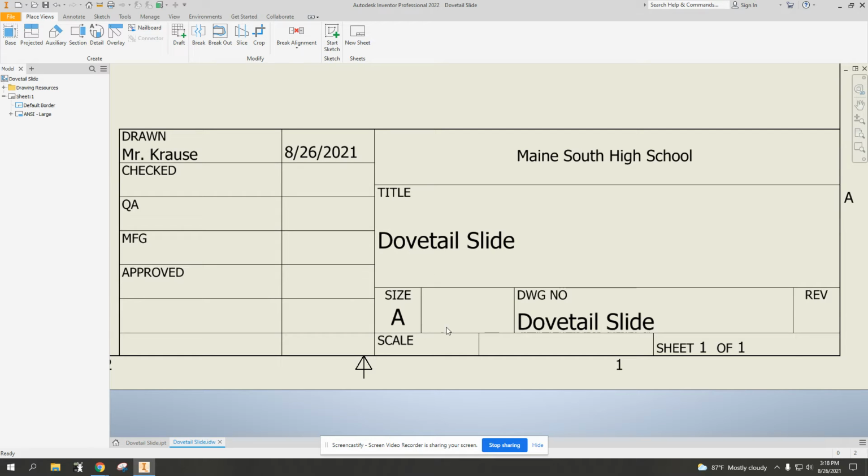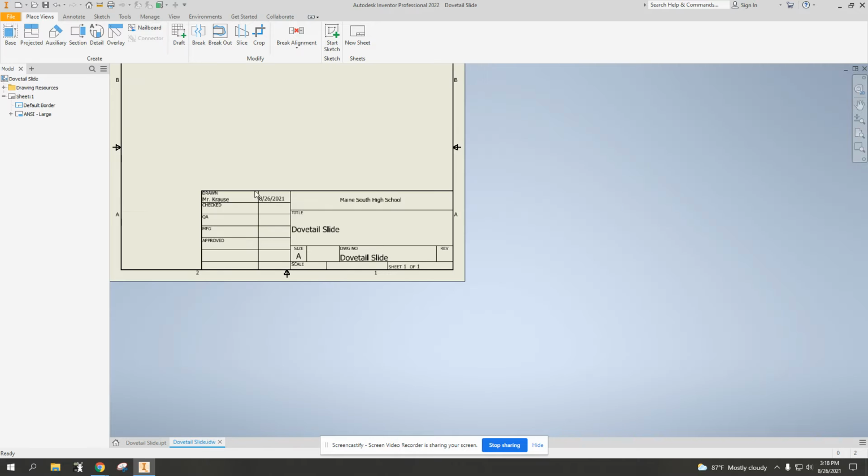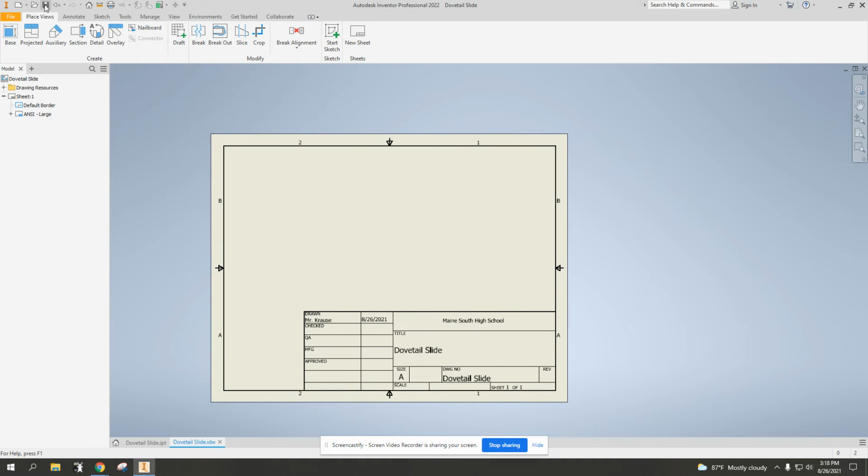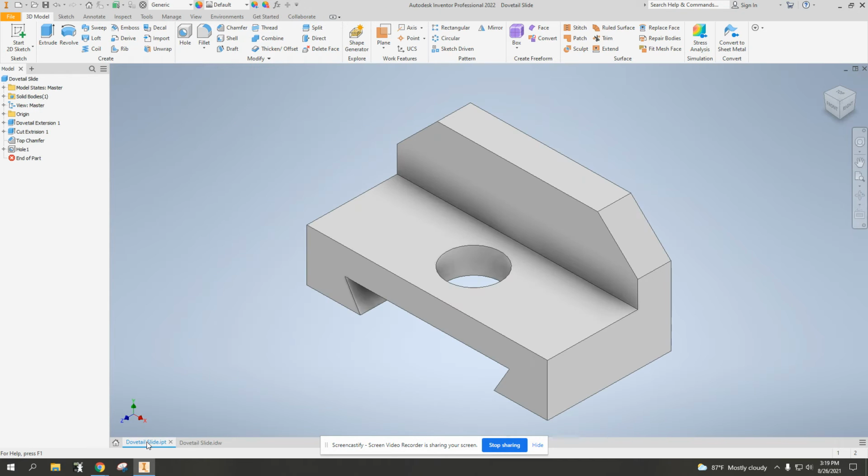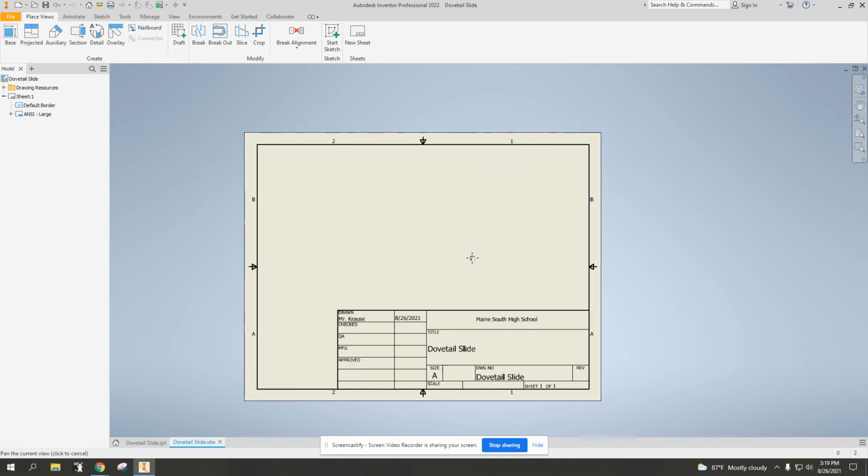Size of the sheet's decided for us already, and then the scale here, this will get filled in once we start setting up our actual drawing sheet. All right, since I've got the title block set up, I'm going to save again, and now we get down to the interesting part. Because we have created a three-dimensional model, we're going to reference this file in our new